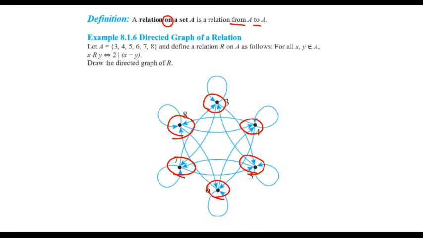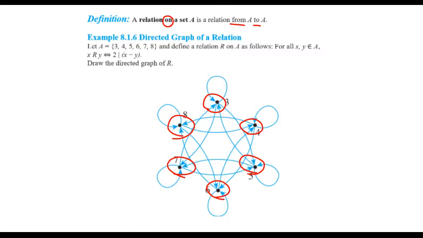And then for every element in the relation, we need to draw an edge from one vertex to the other vertex. How? For example, since 3 and 5 are related to each other,